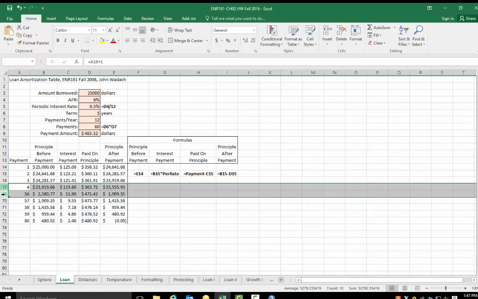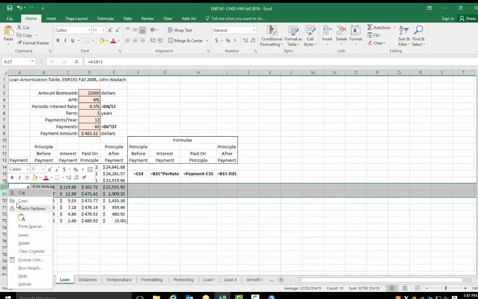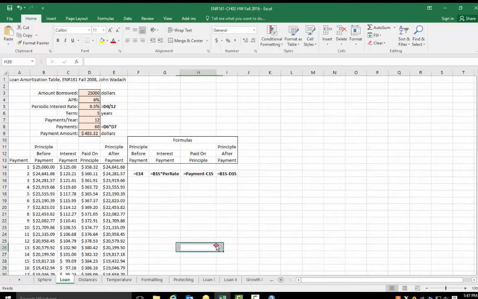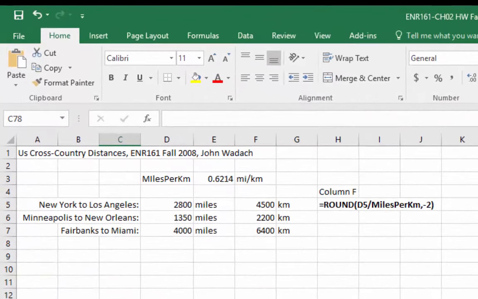Remember, if you want to unhide this, you just highlight the cell above and below, you right click, and you unhide. Okay, let's go to distances. Distances is a pretty easy spreadsheet. The only thing I'm going to say that's different from the book, and this is page 88 to 87, is